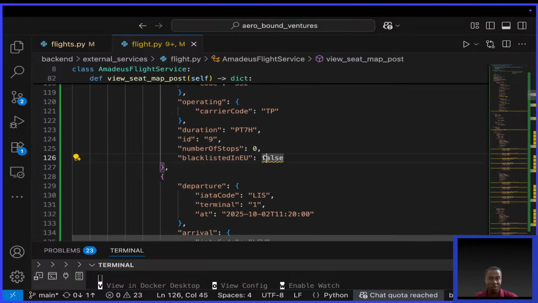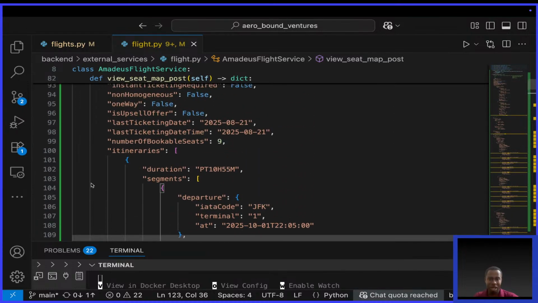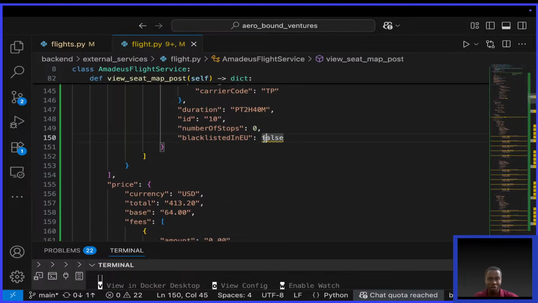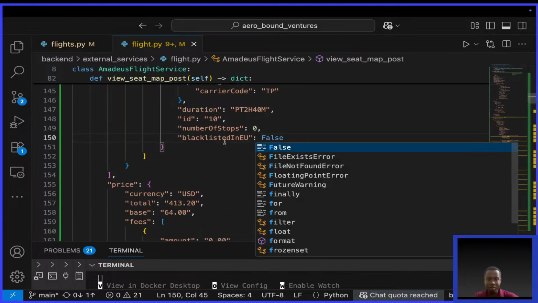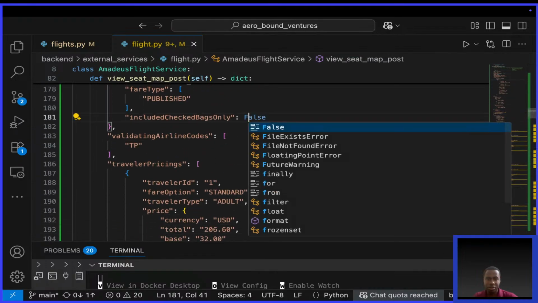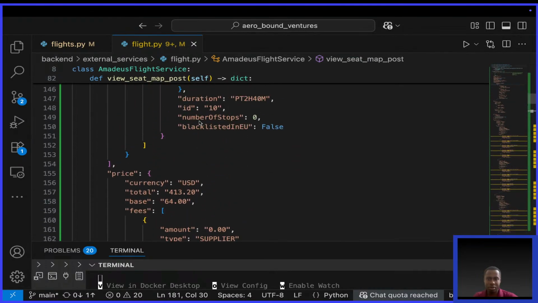If it fails, okay, you'll know. I'm going to explain to you a theory I have about Amadeus, and you'll correct me if I'm wrong. So I'll change this to false. Change this also to false. So I think